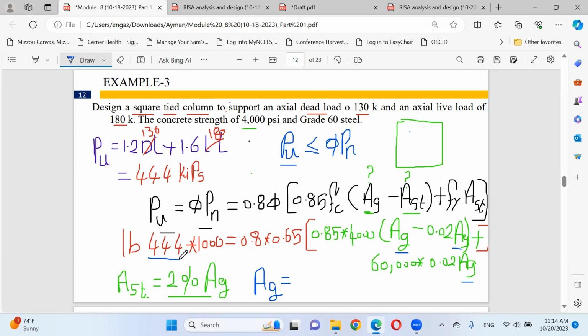So based on my calculation, I can find it out: 0.85 times 4,000 plus 60,000 times 0.02 times 0.8 times 0.65, and I will divide the right side.